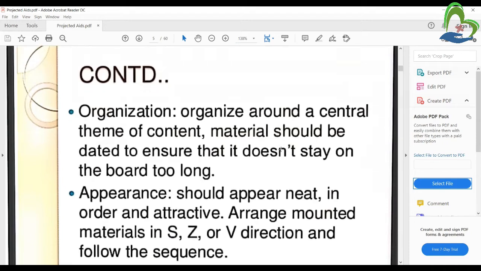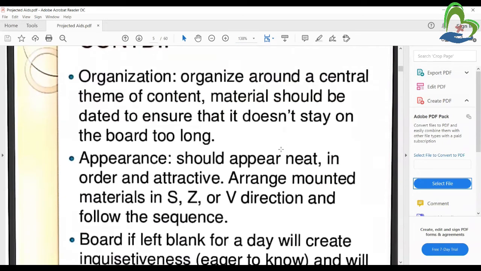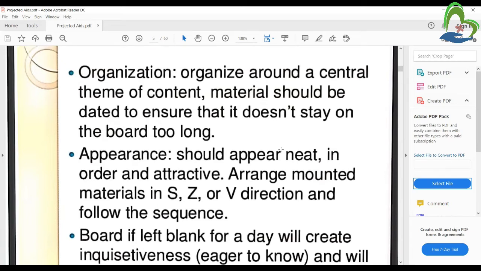Appearance should be neat and attractive. Arrange the material in S, Z and V direction and follow the sequence. The sequence is to arrange the notice board in an S shape, Z shape or E shape, for example a timetable: first year, second year, third year. It is a sequence in which to arrange the notice board.